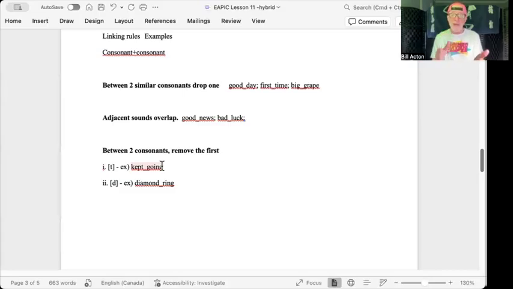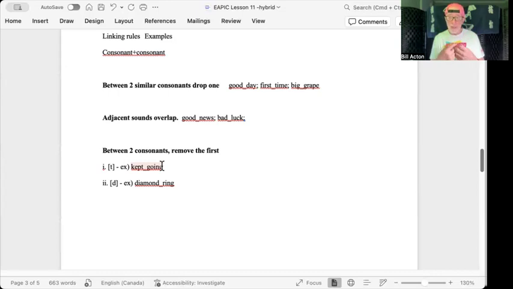And another one: diamond ring. Okay, there we've got D and R. That's a little bit further apart, but the same idea. Diamond ring, diamond ring. What you've got in there, you still have a little bit of a stop after the N of where the D was, right? So what you're actually doing is putting just a little quick pause between the two, which